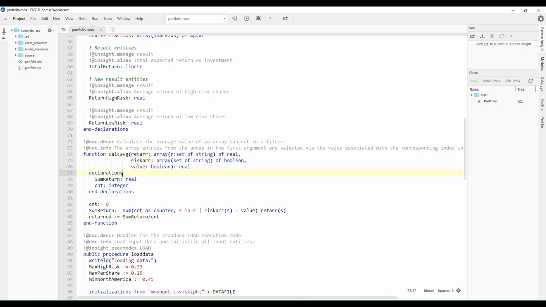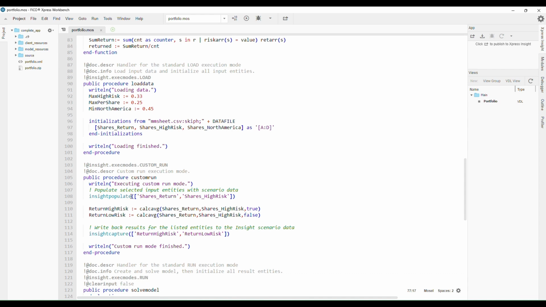Then, create a new custom run mode using the exec modes annotation, naming the mode for example custom_run, and add a description. Within the function definition, use insight populate to indicate that only the two entities shares return and shares high risk should be populated for this execution mode, since that is the only data needed for producing the intended